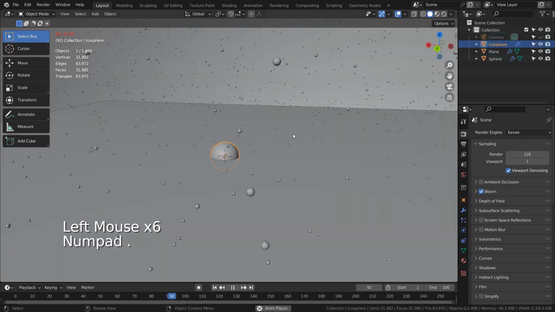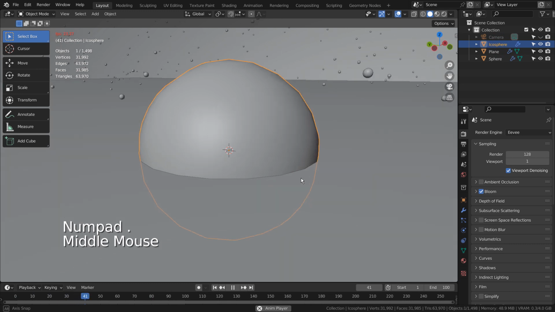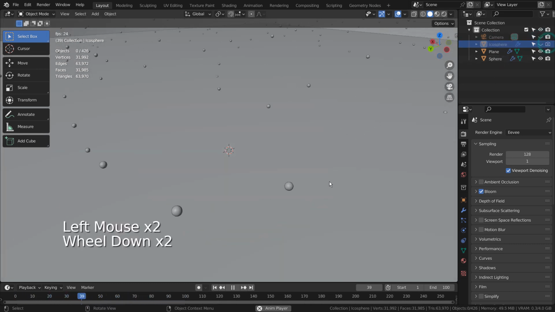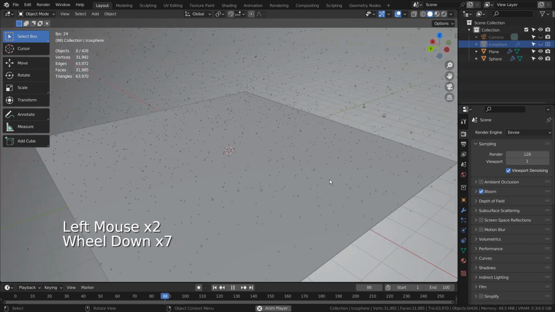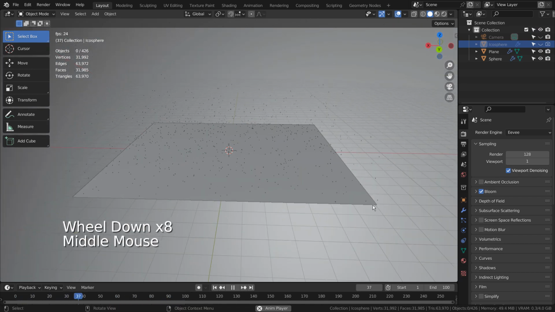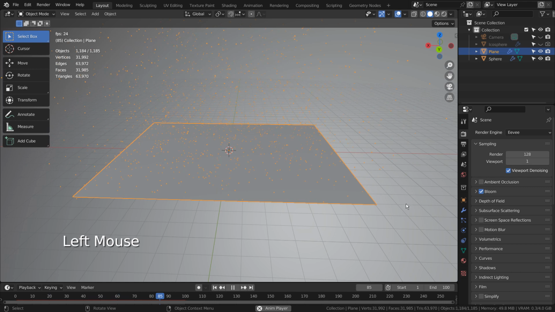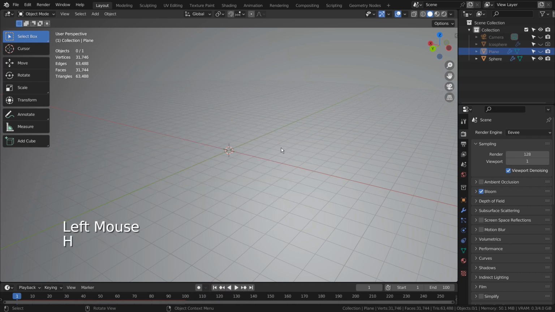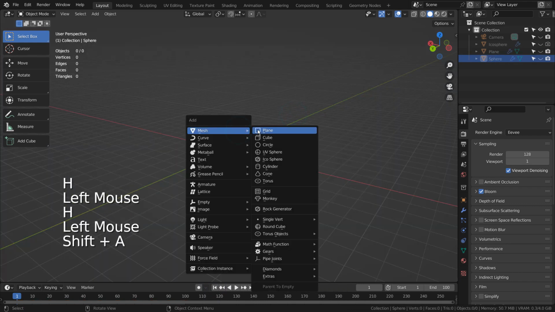The plane is used as an emitter, and it's emitting small spheres. I'll show you how they were created.